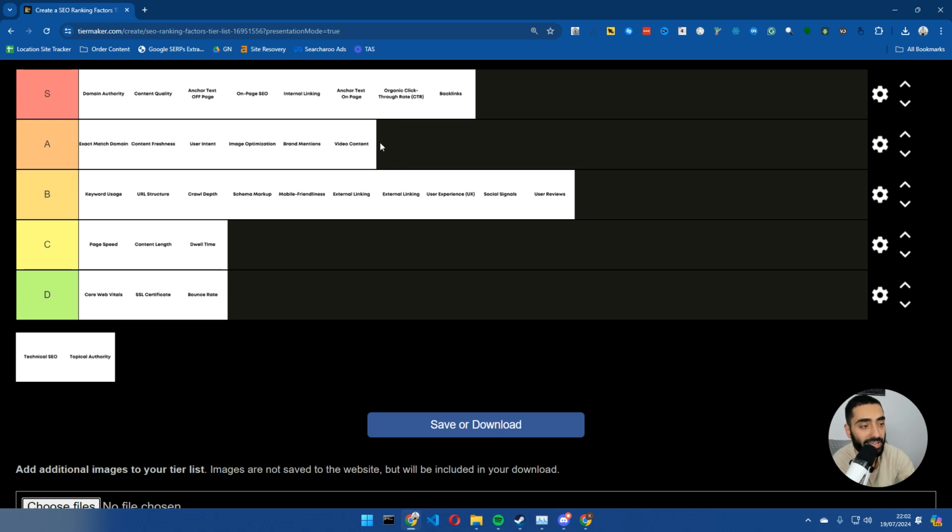That being said, is it going to take you from position 5 to position 1? Definitely not. But I'm not going to put it in the B category, because over time, when it comes to future-proofing your website, video content is going to become a lot more of a talking point. You're essentially future-proofing your own brand by being able to publish video content today.